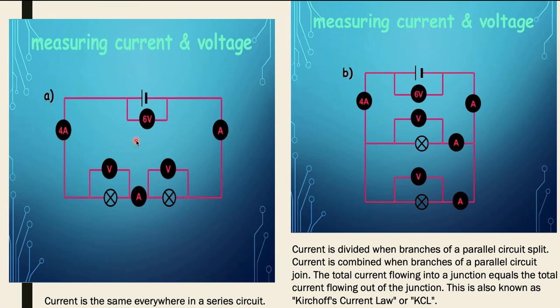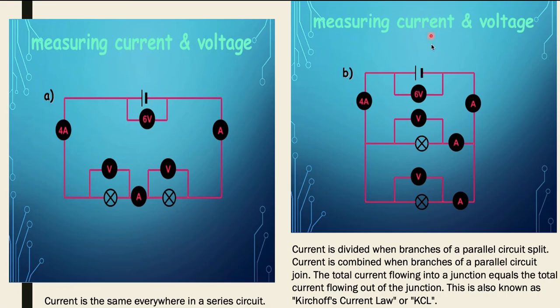And this voltage, this negative and negative are shorted, and the same 4A also flows through that. And we have the voltage of 6 volts. The voltage is divided into two parts, no? So we have 6 volts, which we divide into two parts, which is 3 volts for the first one and 3 volts for the other. 3 plus 3 is equal to 6 volts.